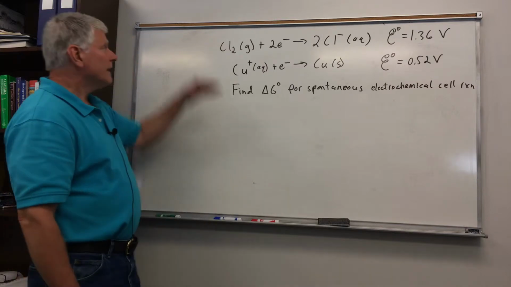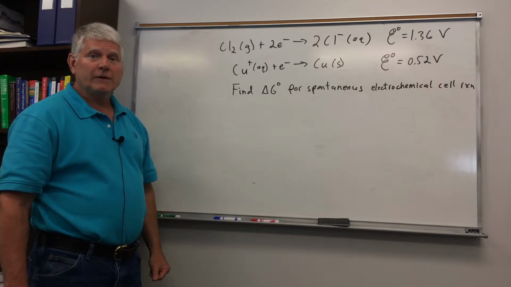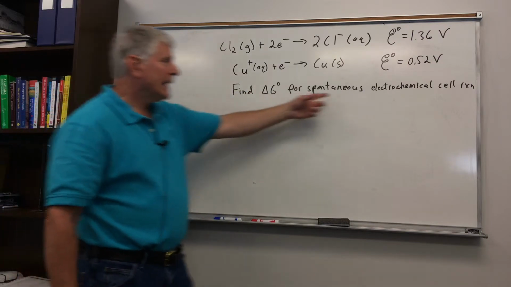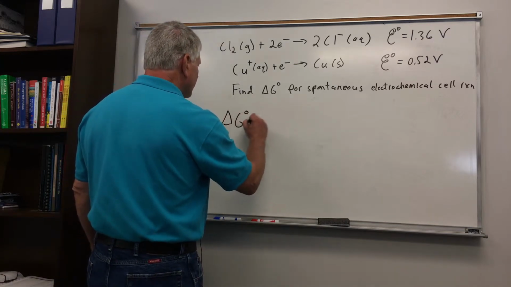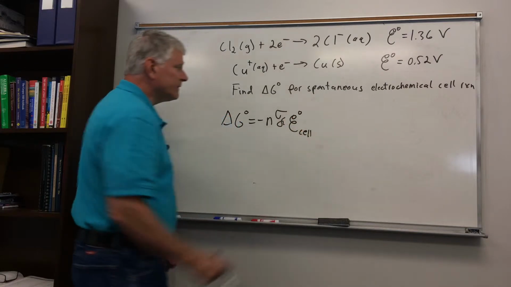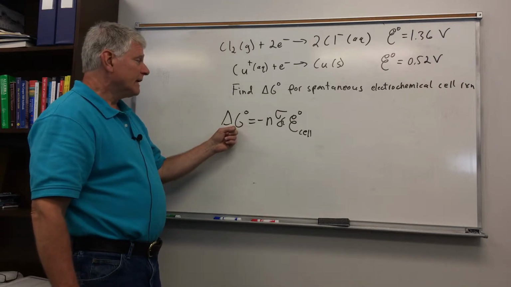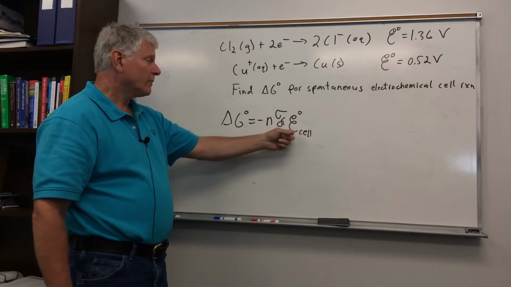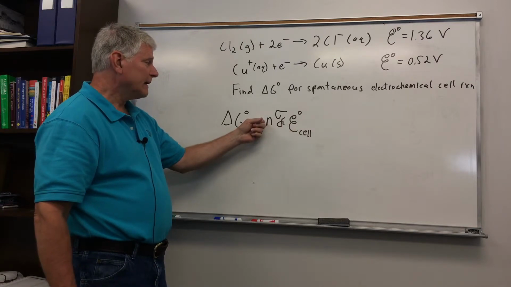Let's do an example. We have these two half reactions that I've taken from a table of standard half cell reduction potentials, and we want to find delta G for the spontaneous electrochemical reaction. So remember, delta G standard is equal to minus nF E standard for the cell. For a spontaneous process, delta G is negative, so that means that E cell will have to be positive. Because if E cell is positive, then we multiply by a negative sign, that will make